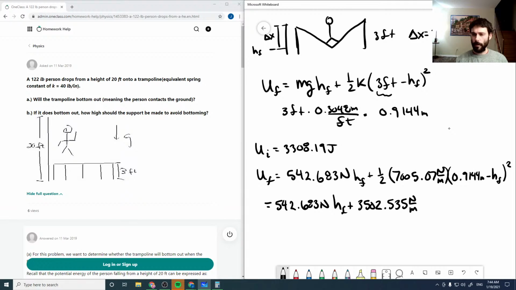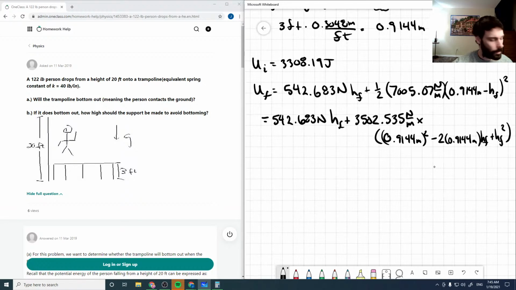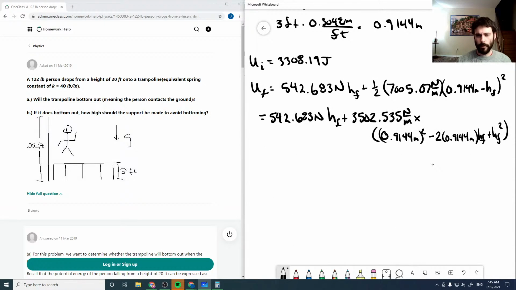And then this all gets multiplied by 0.9144 meters squared minus 2 times 0.9144 times HF plus HF squared. And so working this all through, and rearranging things to look more like a quadratic equation,